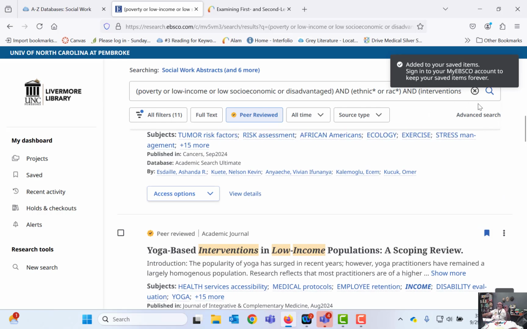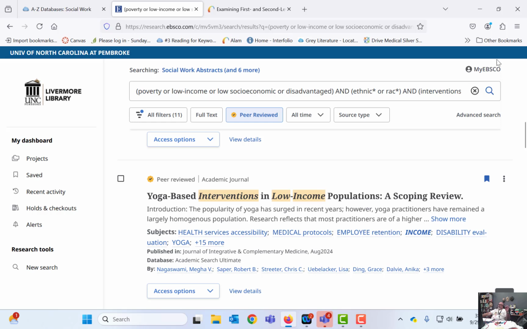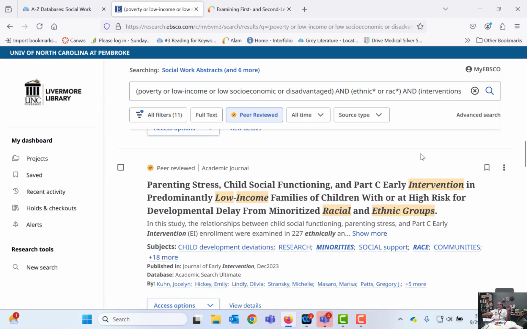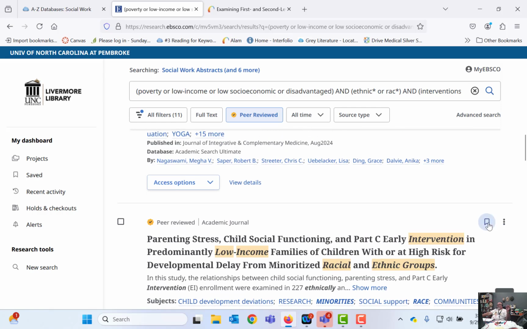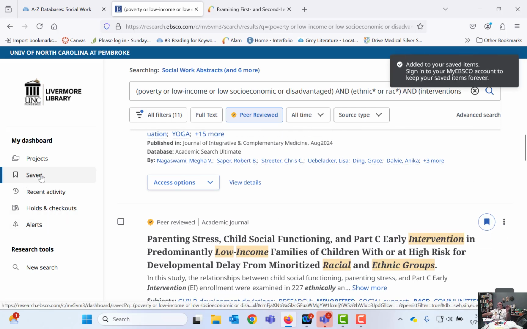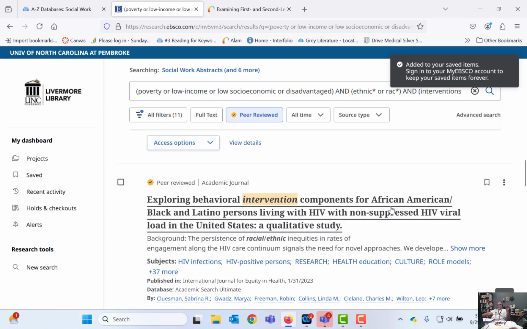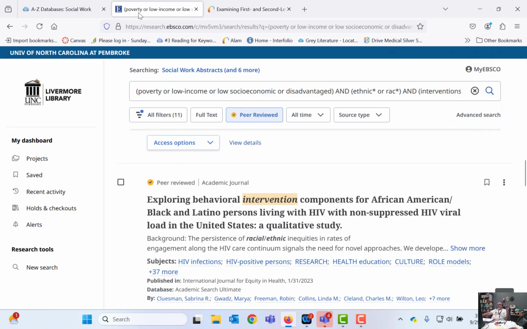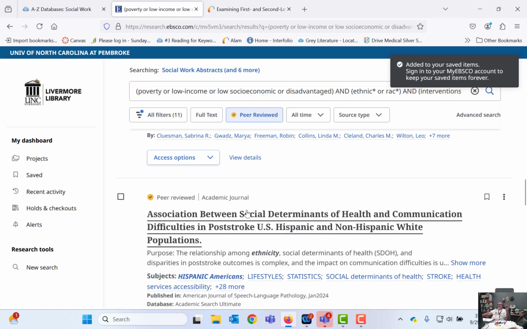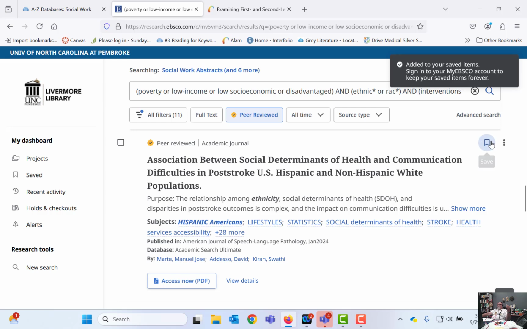If I want to, I'll click up here on my EBSCOhost, and you can create an account inside the database to save your items or to save your searches. Now, if I don't want to do that, I can continue going down here and put items into this other folder here, because my saved items will go into this folder temporarily as long as I have this tab open. And I'm just clicking on a few. Now, once I have my items,